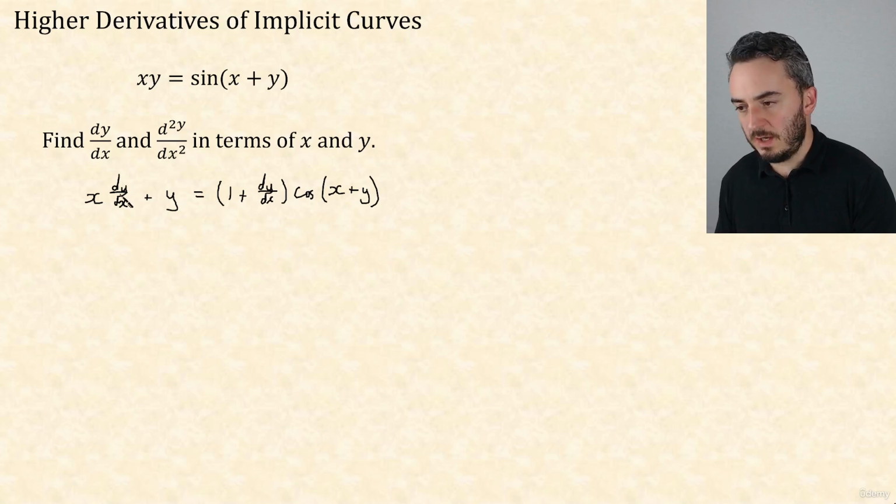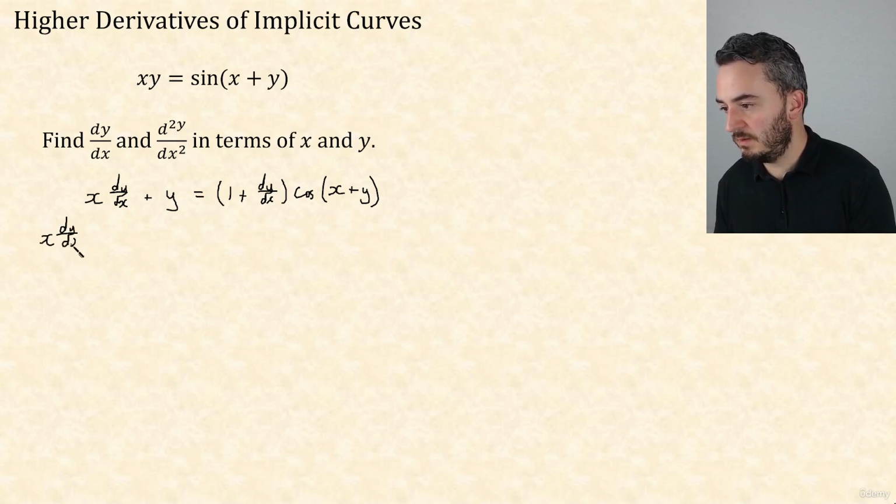Okay, so we're going to work with this to find the second derivative, but to find the first derivative, we'll need to rearrange this. So I'll need to get all my dy/dx's on one side. So that's x dy/dx